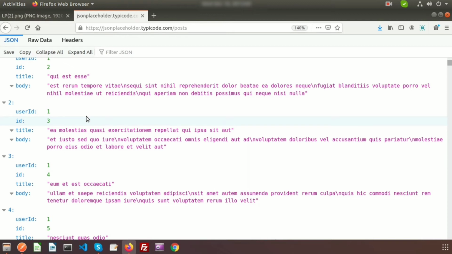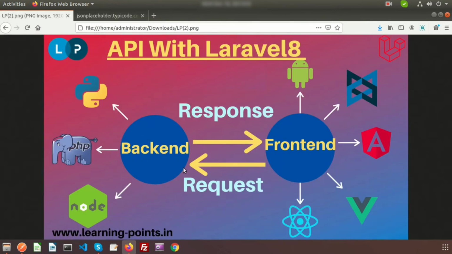Now my point is, how do we actually benefit from this type of data? Suppose you have a web application and you want to create a mobile application. That's fine. Just create a JSON type response from your backend, and it will be called from the front end through API, and the backend will respond as per the request from the front end.